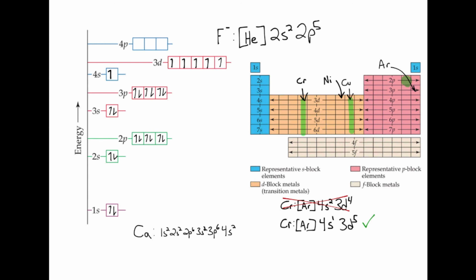But given the fact that we've got an anionic species, we've got an extra electron. And so what we do is we imagine it to have the configuration of whatever element is next to it, with that extra electron. So it would be what we would call isoelectronic with neon, which is the element in that position of the periodic table. And so we'd have to add an extra electron to this to take that into account. And so this would be how you would do the electron configuration of a charged, or in this case, anionic